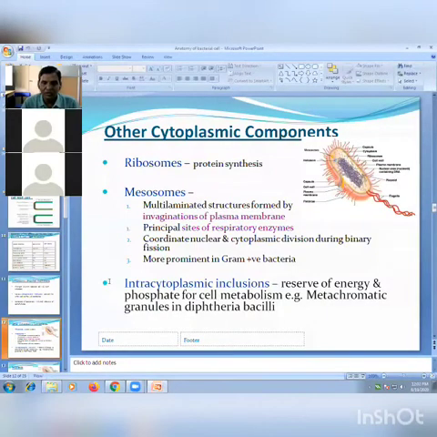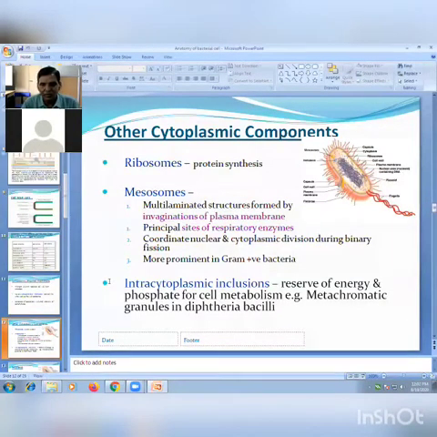Now the next type of granules are the lipid granules. Lipid granules consist of lipids. Chemically, they are polymerized beta hydroxybutyric acid, and they also act as a source of energy. They are stained with Sudan black B. After staining with Sudan black B, black color granules occur within the cell.